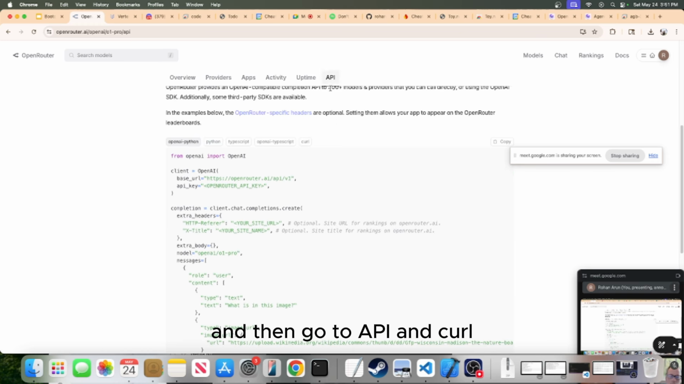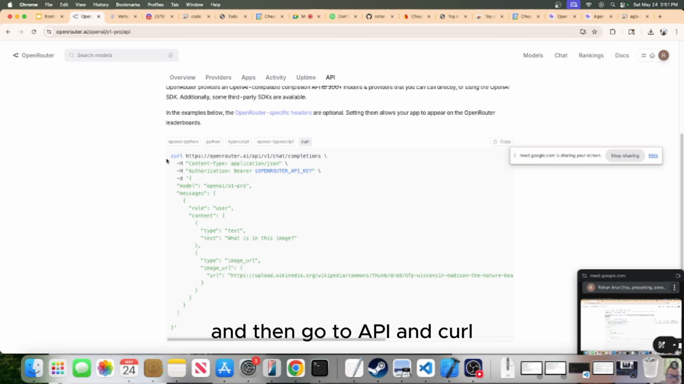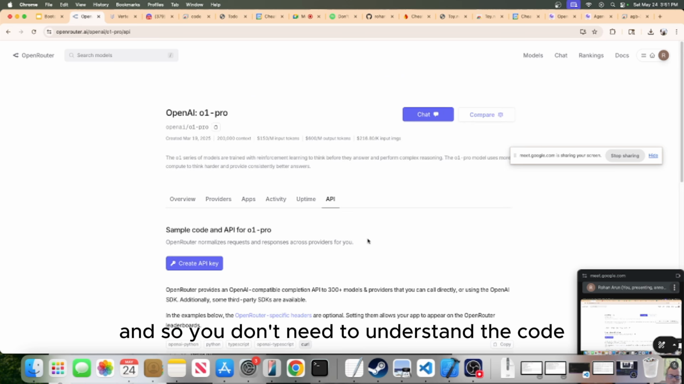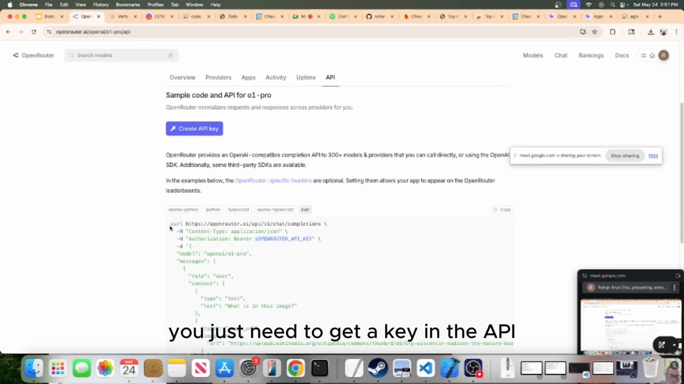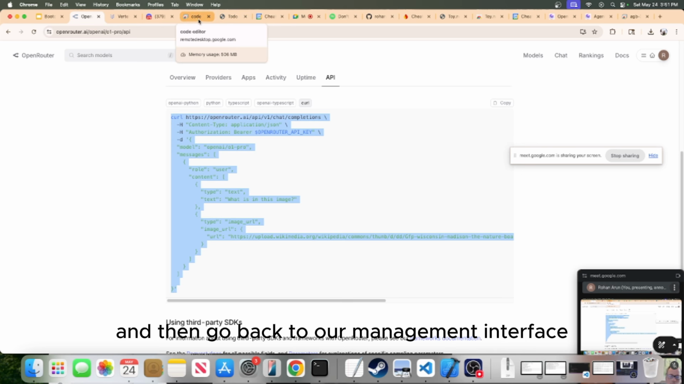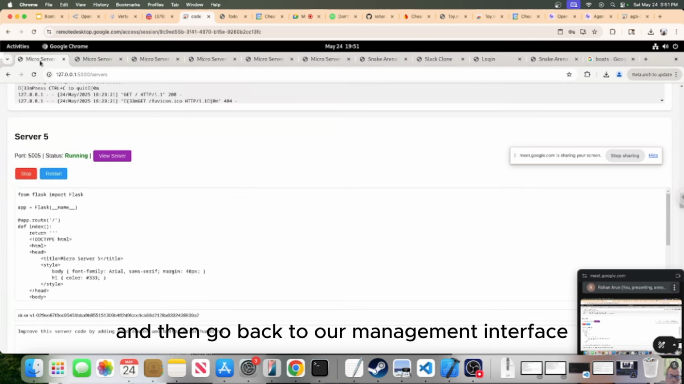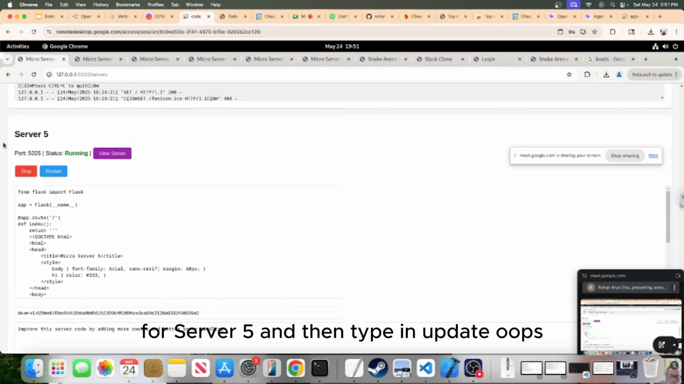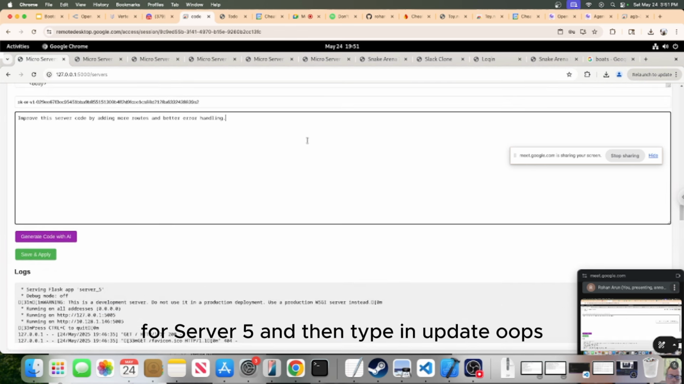And then go to API and curl. And so you don't need to understand the code, you just need to get a key in the API. We're going to copy this API and then go back to our management interface for server 5 and then type in